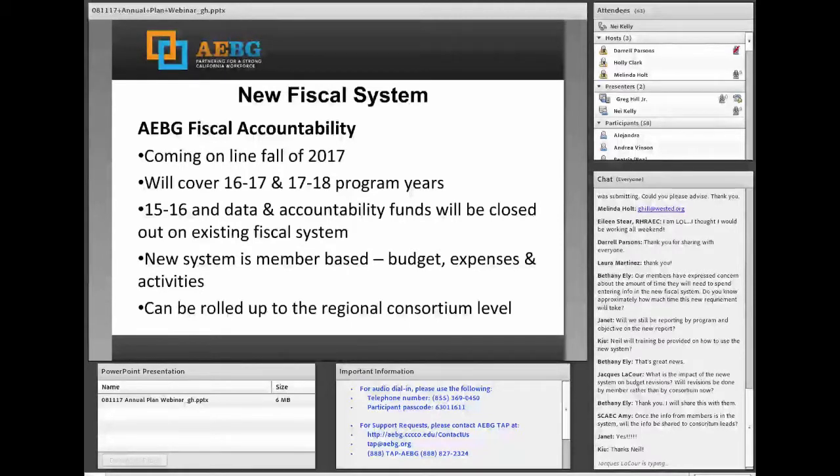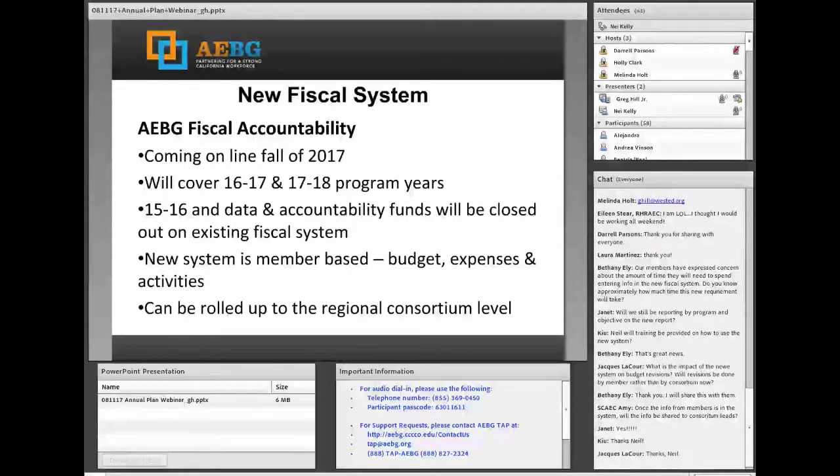Okay, and Amy says, once the info from members is in the system, will the info be shared to the consortia leads? Yeah, so all information within the consortium is viewable, and so we'll allow the consortia directors to have access to view member information.